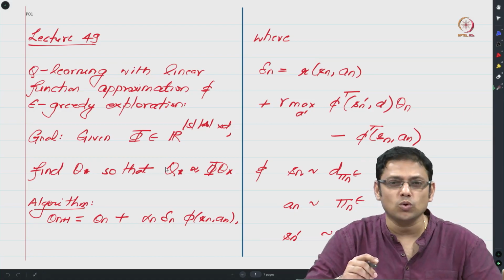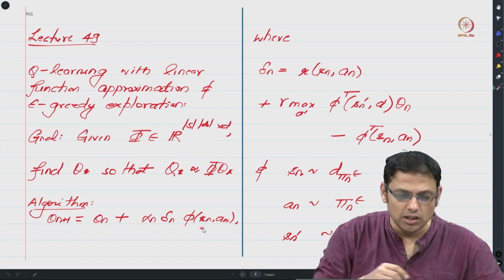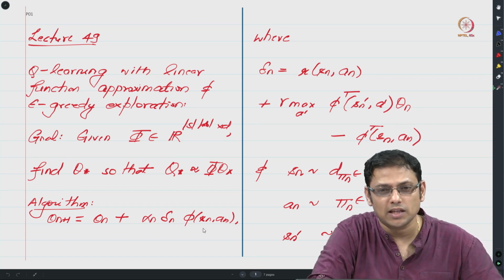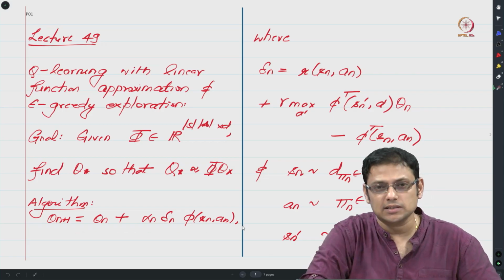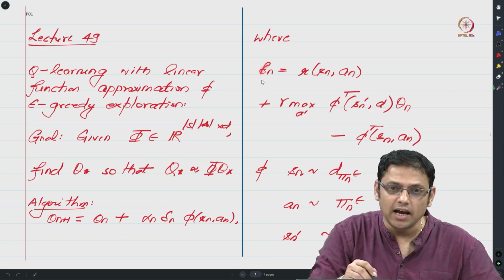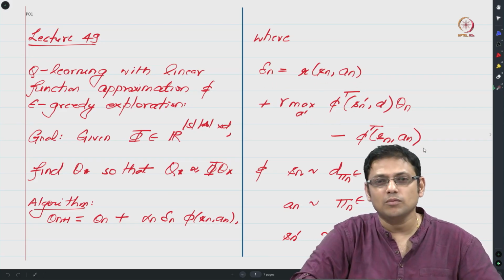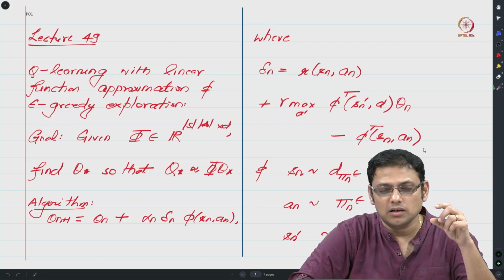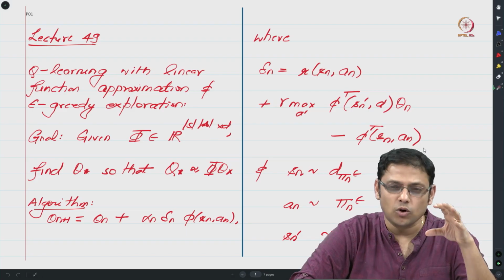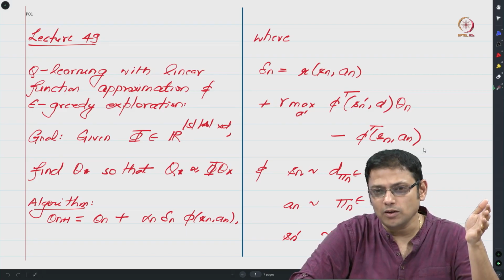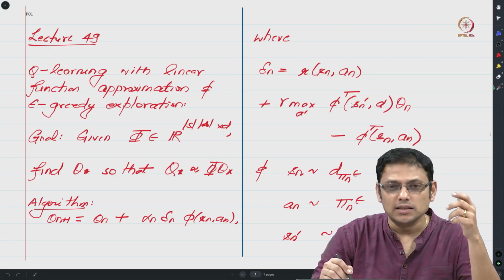So in this way we are trying to handle the problem of large state and actions, and the Q learning with linear function approximation with an epsilon greedy exploration algorithm has the update rule that is given over here, where delta n is your TD error and is defined as shown here, right? And in particular this algorithm differs from your TD0 algorithm which we used for policy evaluation in the way in which Sn, An, Sn prime are sampled, right?